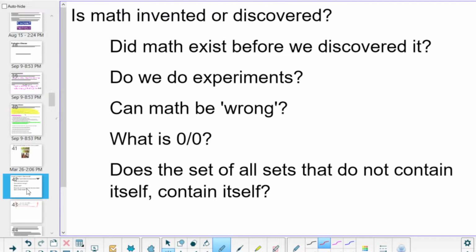But is the actual concept itself, that A plus B equals B plus A, invented? Did we just come up with that and then it turned out to be useful, so we kept it? In much the same way that we might invent the steam engine? Or did we discover it in the same way we might discover some principles of chemistry or physics that already existed in the world and we just described it in language?